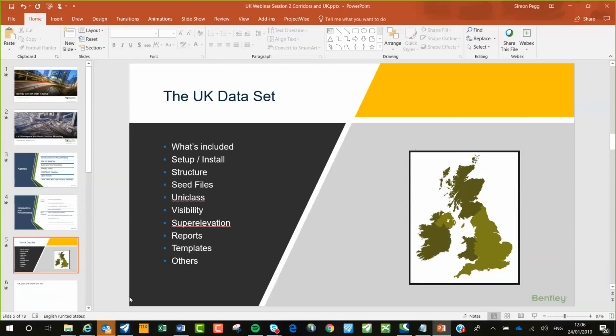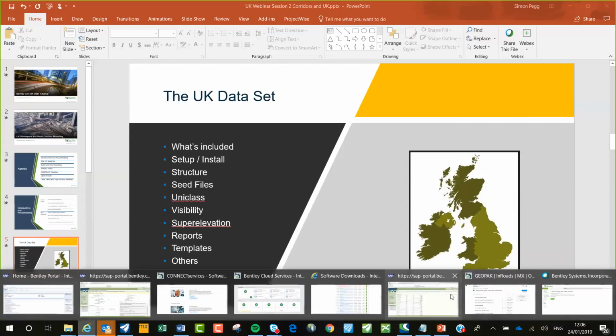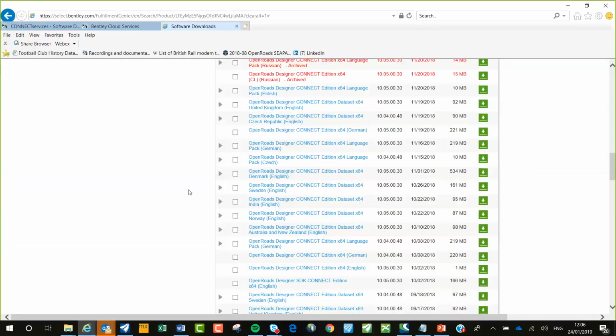So where is the UK workspace? Where can I get it from? Well, you can go to the Software Download Center, and in Open Roads Designer, you'll see here the Open Roads Designer Connect Edition dataset, United Kingdom English. It was posted on the 19th of November. It's 92 megabytes, and it says that the version there is